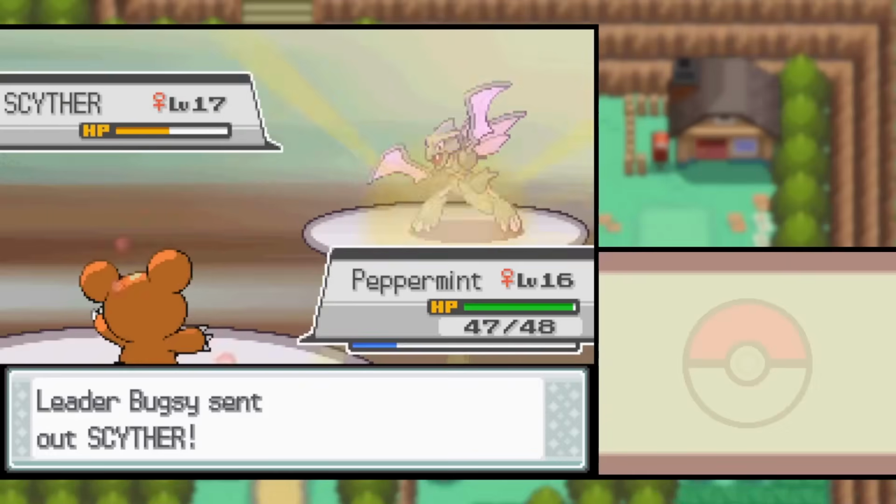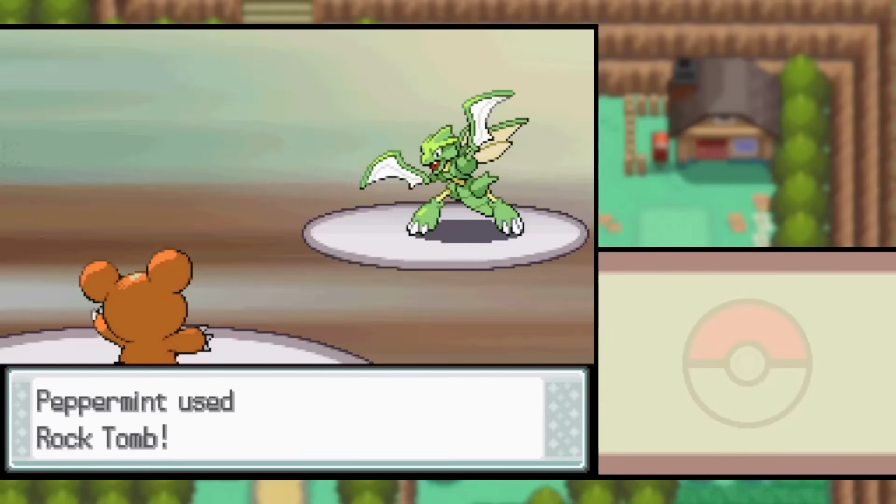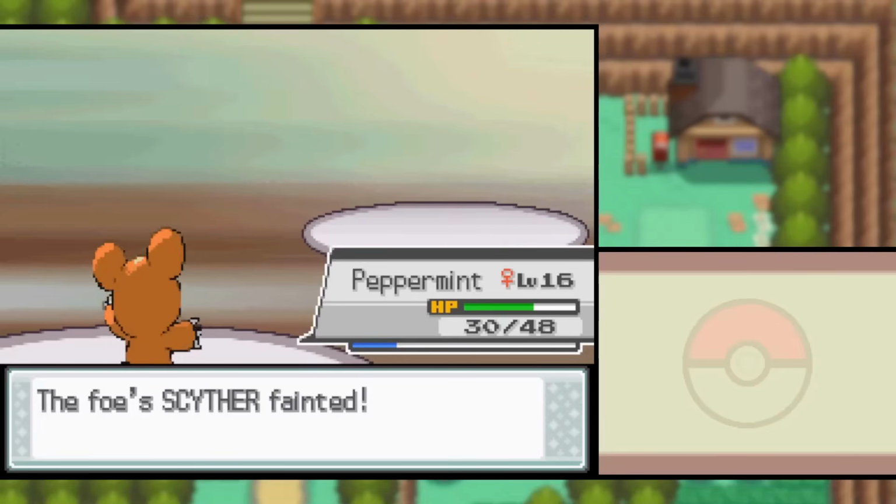Scyther's here again, but Focus Energy is just not it. While Rock Tomb missed and Reflect stopped, that is horrible. But fortunately Quick Attack does only a bit of damage and Rock Tomb does hit to squash the flying bug